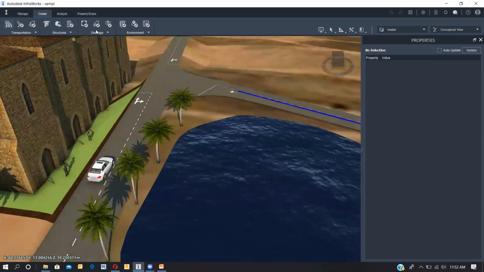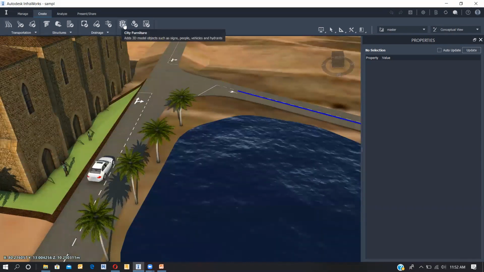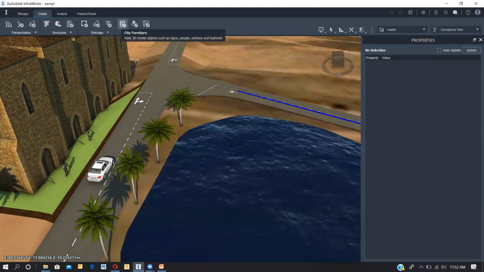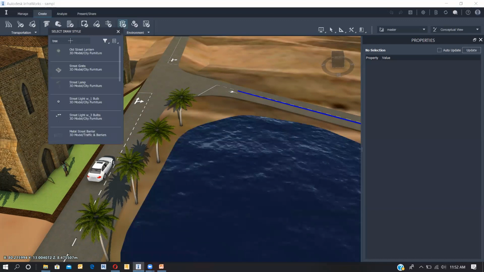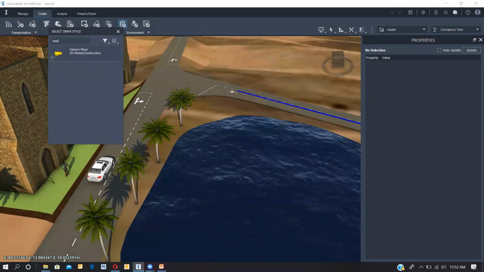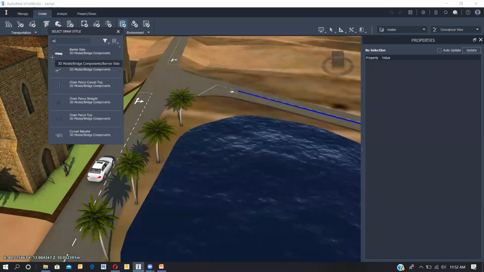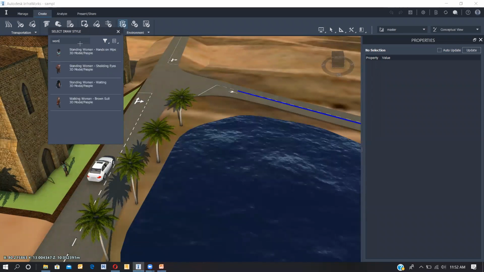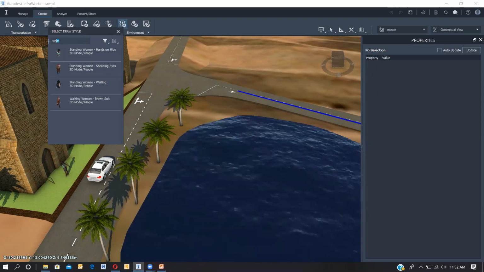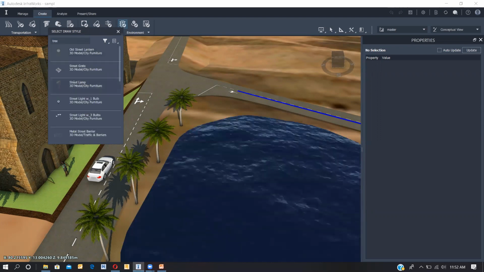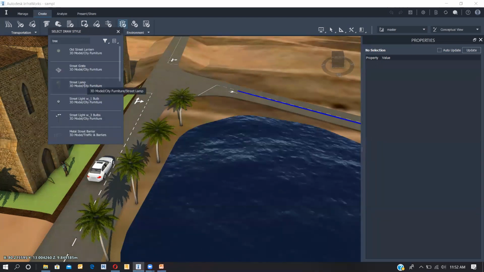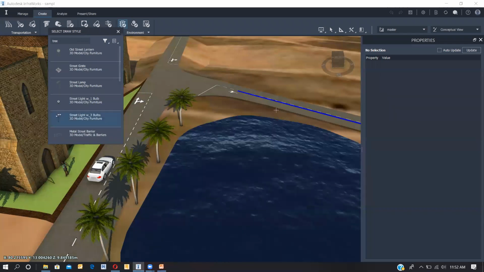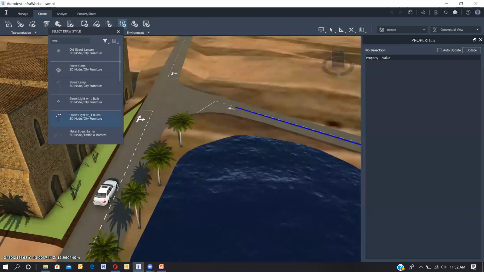Here, if I come to this environment, can you see the term called city furniture? If I click this, all the libraries will be there. Which library you want, you can type here. Like if I want man or woman, sorry, can you see here? So if I need trees, all the trees will be there. If I need some lamppost or something like that, like can you see a street lamp over here? What I will do, I'll place it in this corner.